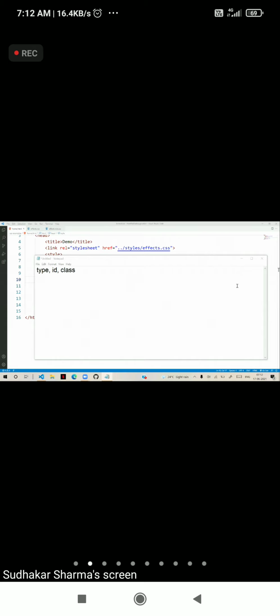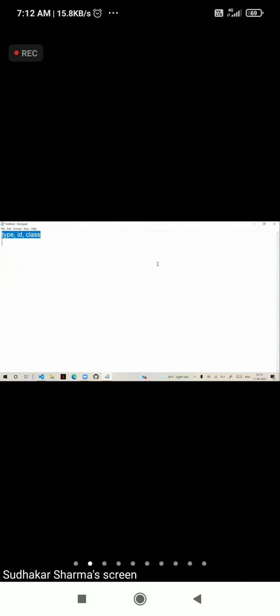Next important, after understanding these basic selectors, the selectors of CSS are further classified into several. We have combinators, or we call as relational selectors.